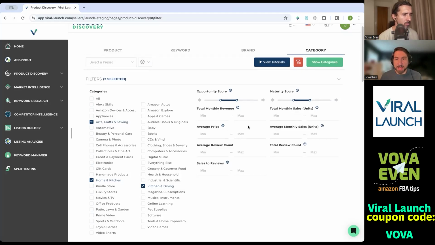Yeah, and then from there, you have things like average price. Obviously, you don't want to find something that's too high ticket. So I'm just going to put a generic 20 to $50. There are probably good margins in there. And then monthly sales, we want to find something that has a lot of demand, but not a lot of competition, that isn't oversaturated. So let's go 100 to